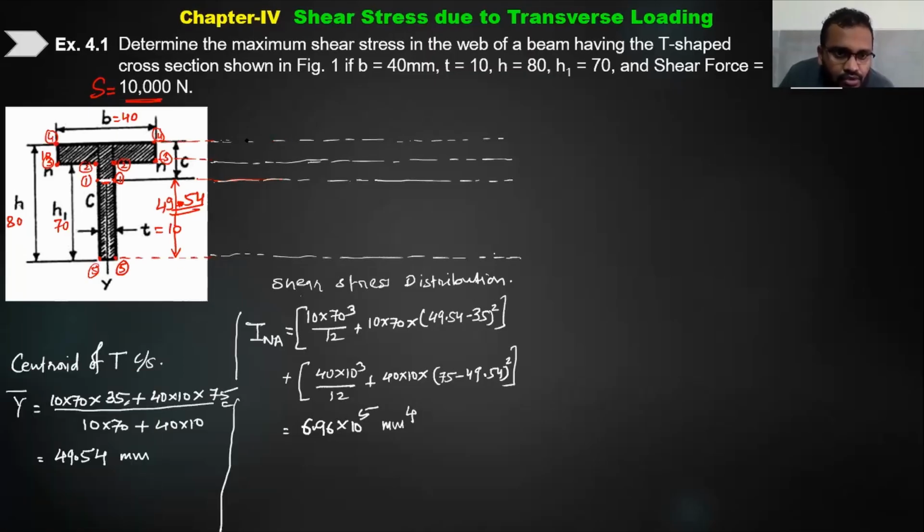मतलब मैं अगर इसका शेयर स्ट्रेस डिस्ट्रीब्यूशन इनिशियल लेवल पे ड्रॉ करके रखूँ तो ये ऐसे कुछ तो होगा कि यहाँ पे 0 वैल्यू है, ये मुझे पता है। बट देयर विल बी चेंज इन द शेयर स्ट्रेस एट लेयर 3 3, लेयर 2 2, लेयर 1 1, यहाँ पे कुछ चेंजेस आएंगे, वैल्यूज कितने होंगे आई डोंट नो, आई विल हैव टू कैलकुलेट। अंडरस्टैंडिंग इट, मैंने यही सेक्शंस क्यों सिलेक्ट किए, तो क्योंकि वहाँ पे विड्थ चेंज हो रहा है, देयर इज अ वेरिएशन इन द विड्थ ऑफ द क्रॉस सेक्शन, एंड अकॉर्डिंग टू विड्थ चेंज इन द क्रॉस सेक्शन देयर विल बी चेंज इन द शेयर स्ट्रेस वैल्यू।